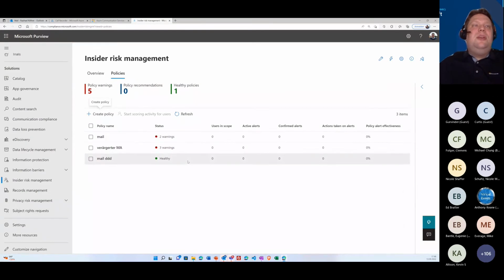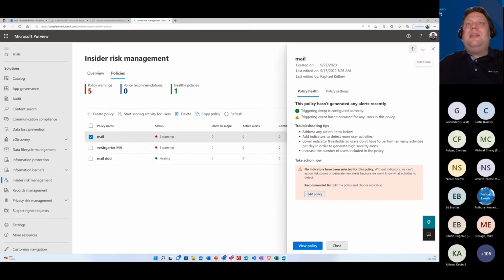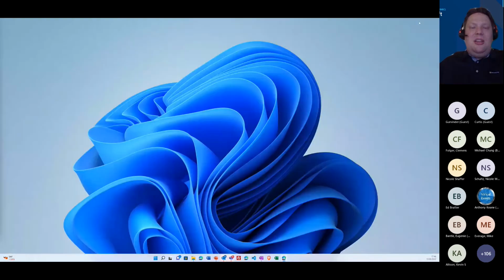You can do it also. For me, I do it via UI because the compliance officer does this, and the compliance officer is not a DLP person or an IT guy. So when we have a look at mailing here, for example, no indicators have been selected for this policy. So we see a warning here about what I can do with it.